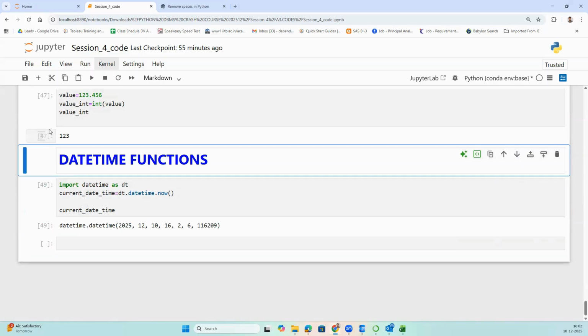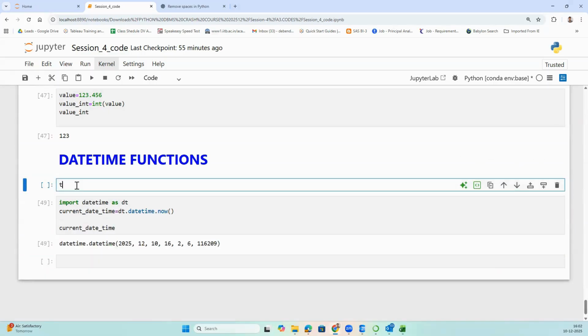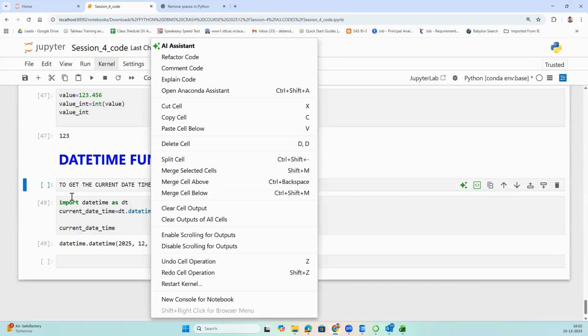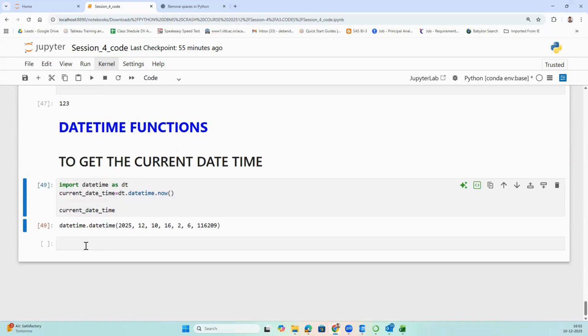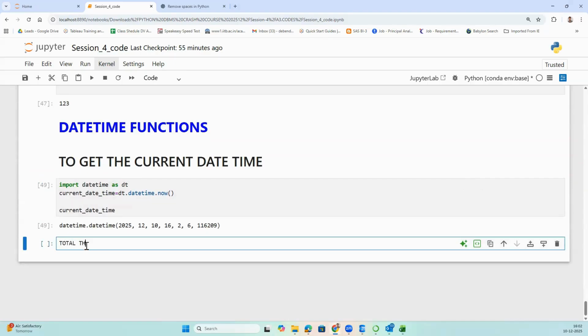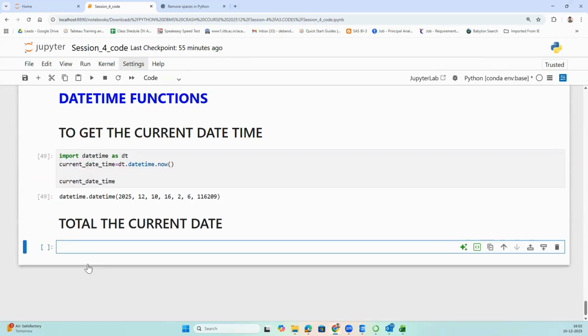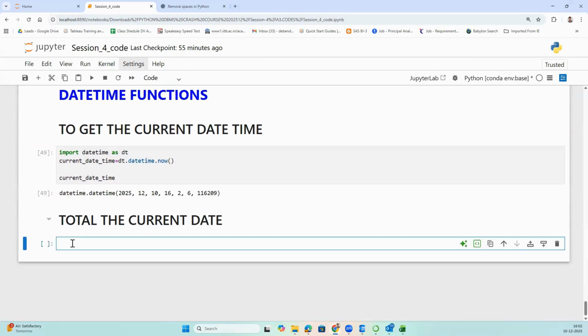Now how to get today's date? So this is something I can say to get the current date time. To get the current date time, we are running this. Now to get the current date only, how to go for getting this current date from this data? You can write here